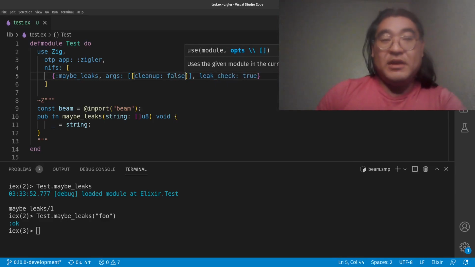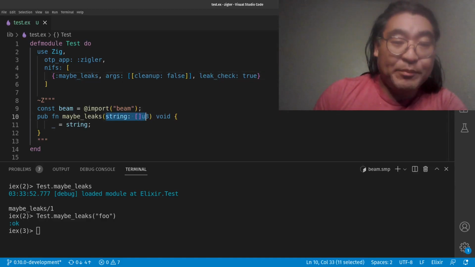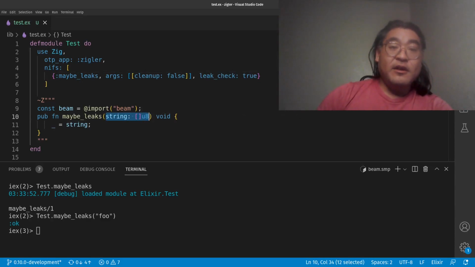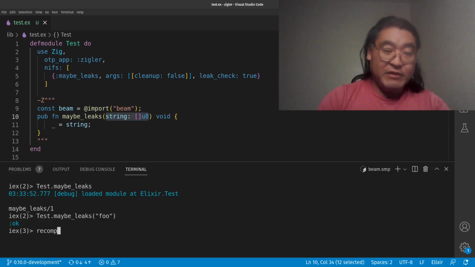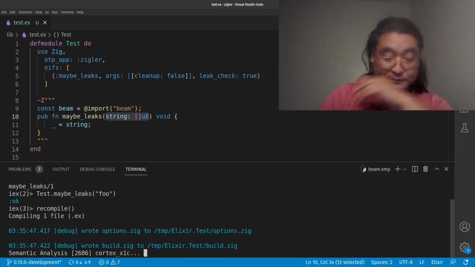This means that the way the shim for this maybe leaks function will be compiled will not provide a cleanup procedure for this variable. So that is now your responsibility. So if we recompile this code and then try to run it again,